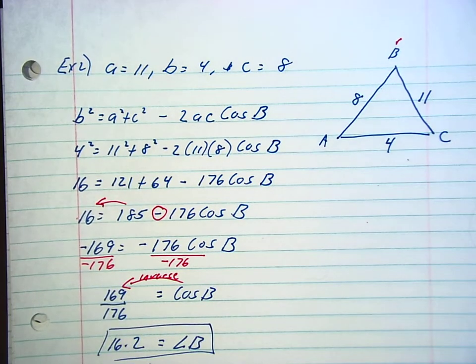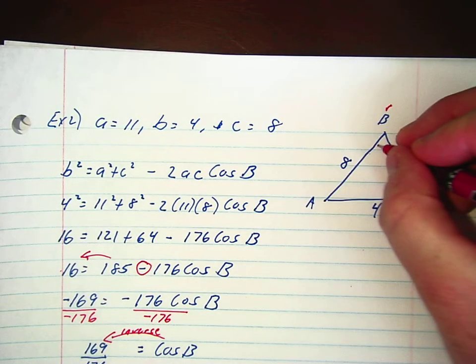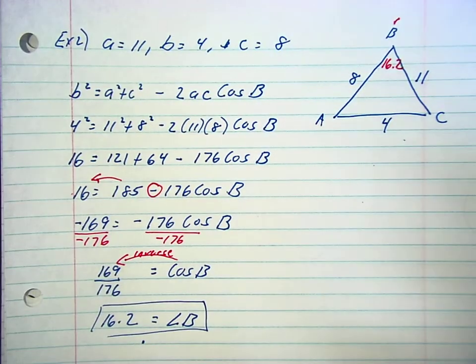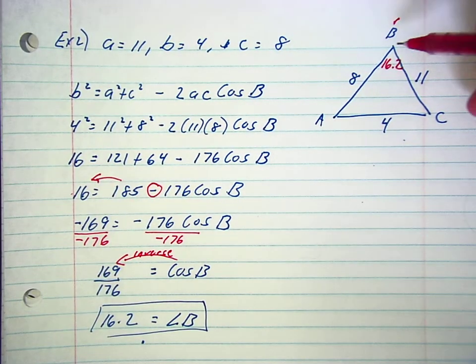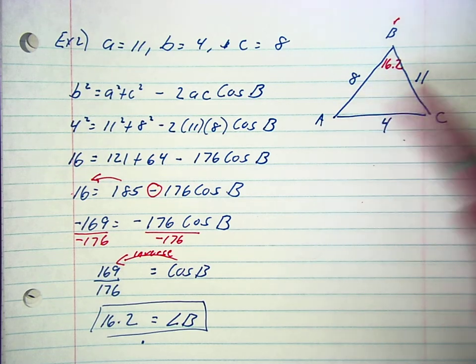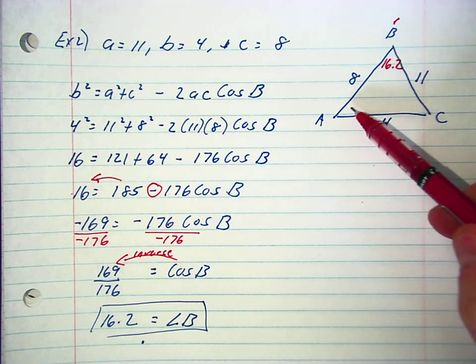So we put that in our triangle up here. And now you're done with the law of cosines. Now you're back to the law of sines again because you have both B's. So we're going to do law of sines to either find angle A or angle C. Now remember, you don't really have a choice because if you do the law of sines right now to find angle A,